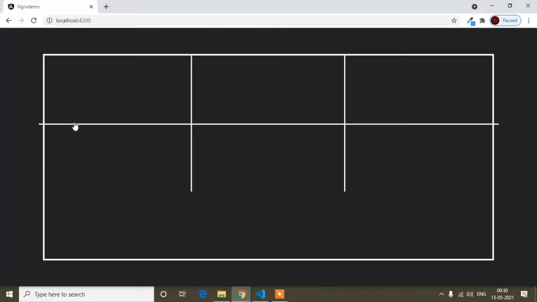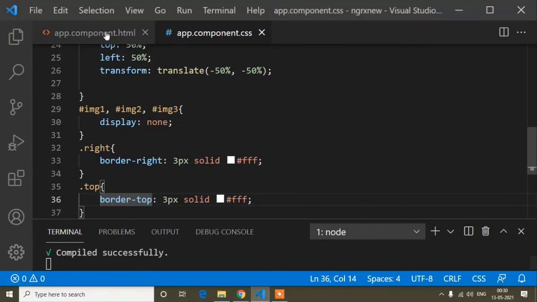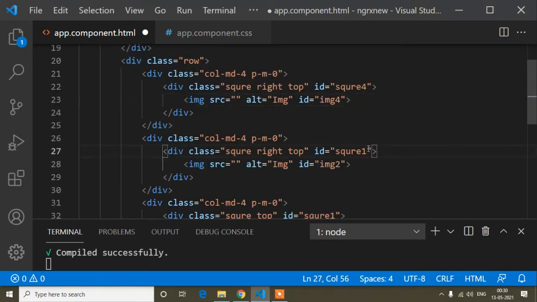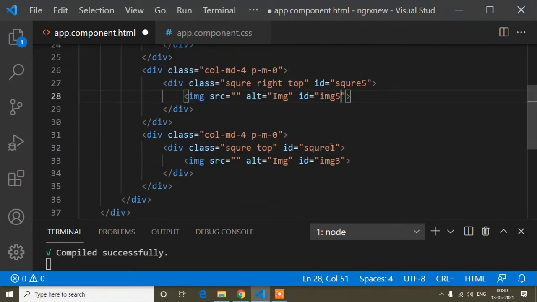So here you can see it's added a border on the top, and the CSS is done, but I just have to change the IDs. So it will be 4, and the image will be 4, and it will be 5, it will be 5, it will be 6, and it will be 6.